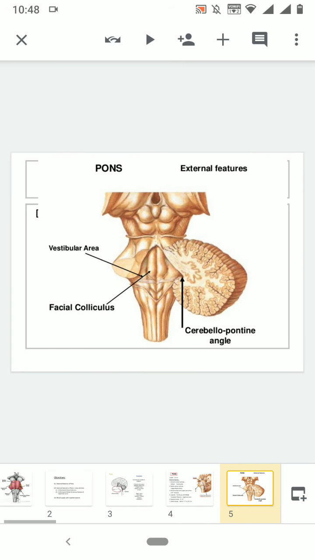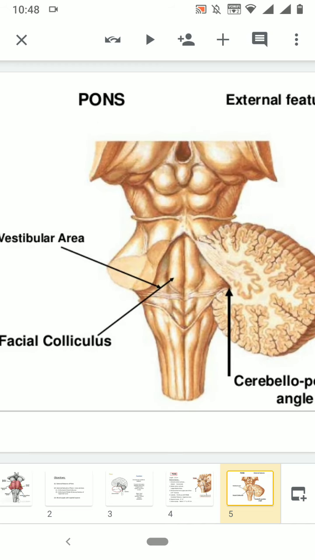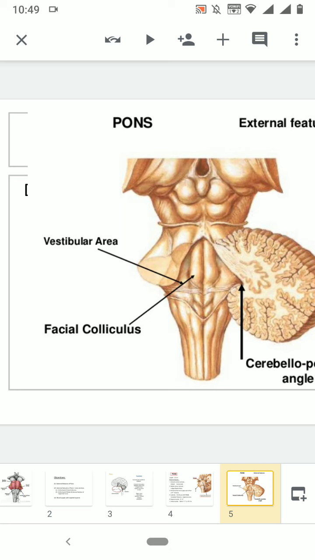Okay, now let's go to the next slide. This shows the dorsal surface of the pons. I told you the lower part of the pons forms the floor of the fourth ventricle. So in the dorsal surface of the pons, we can see an elevation in the center, that is the facial colliculus, because of the internal genu of the facial nerve. That is, the facial nerve again emerges from the pons. So the nucleus of the facial nerve is also in the pons, and the internal genu of the facial nerve is the winding of the fibers of the facial nerve around the abducens nerve nucleus, which we will see in the cross section, and is also in the pons.